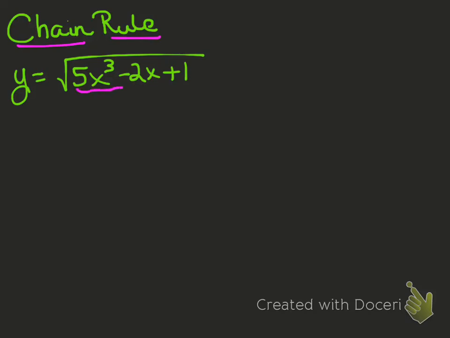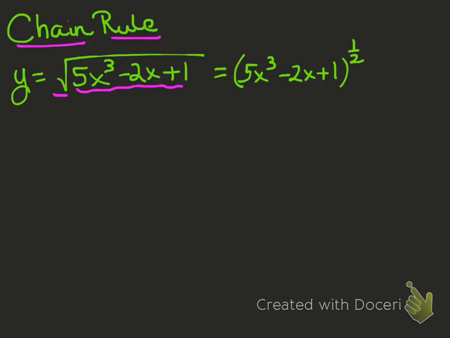I have the 5x cubed minus 2x plus 1. That would be my inside function. And then I have this radical, and that would of course be the outside function. Now whenever we're doing derivatives or integrals and we see a radical, we need to rewrite it. So I'm going to rewrite this as 5x cubed minus 2x plus 1, and that square root gets rewritten as